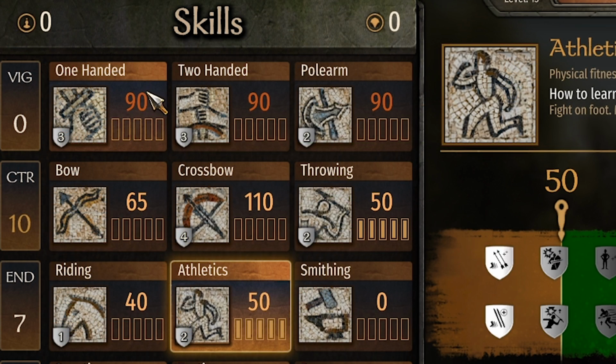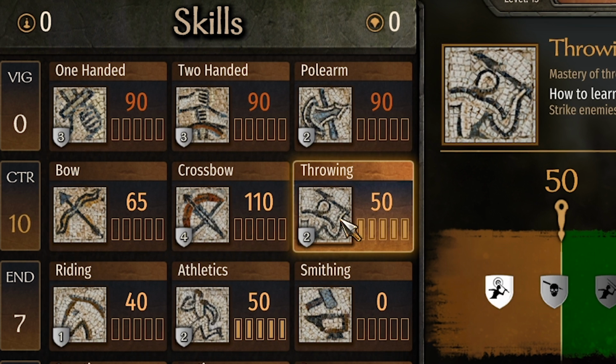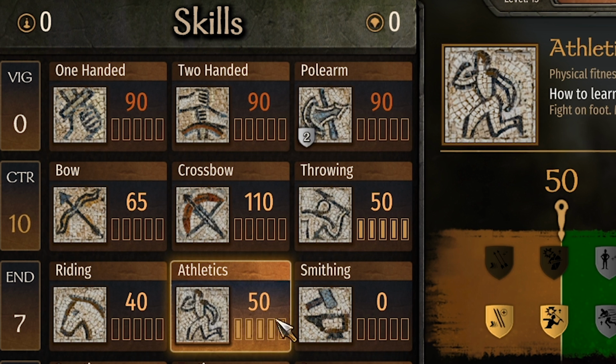Now unfortunately he does start with a bunch in one-handed, two-handed, and pole arms, and like he has a weird amount in crossbows, but we're not going to be using crossbows with him. We're only going to be using throwing with him. I gave him 10 control as hobbits are good at throwing stuff. I think they're also known for using bows. He's also athletic. He's got 5 focus points in it with 7 endurance, so he's going to level up athletics